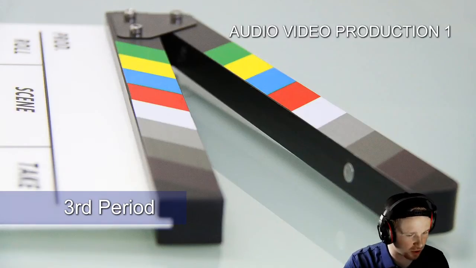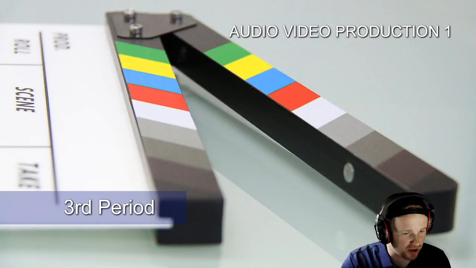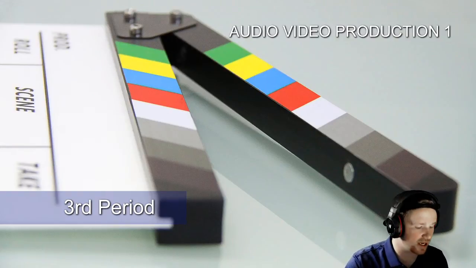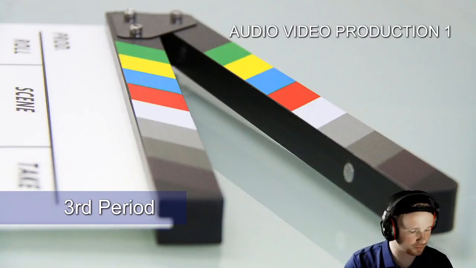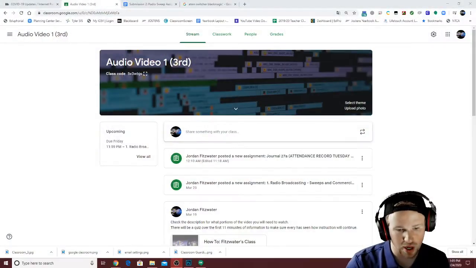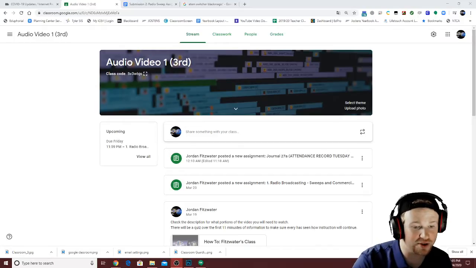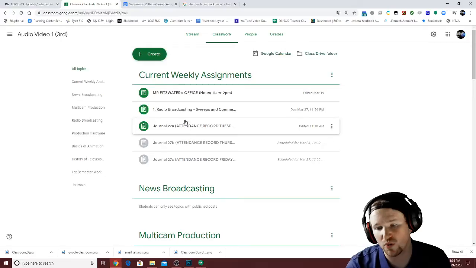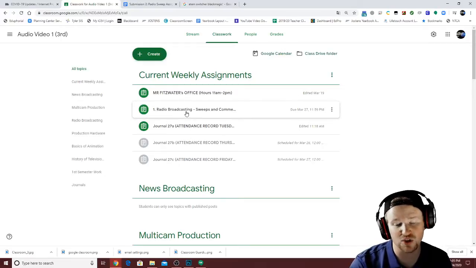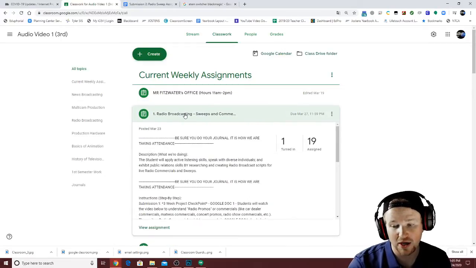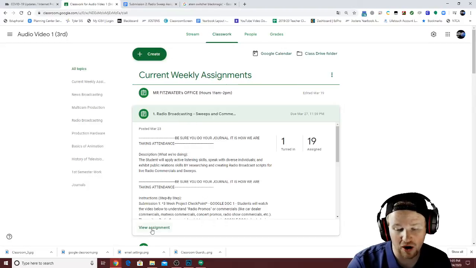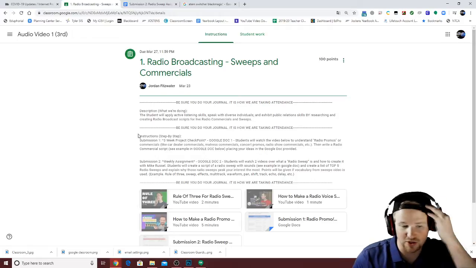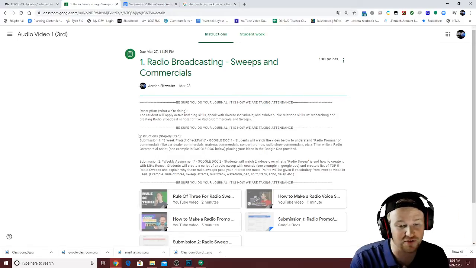So let's start off, of course, by going to look at your Google Classroom real fast. All right, so starting off with your Google Classroom, here at the top, if you'll look in classwork and you scroll down and you find the one that says radio broadcasting, sweeps, and commercials. When you click on that, you'll see all of the instructions, and I want to give you the ability to do this well, so this is why we're going to talk about it real fast. First things first, always